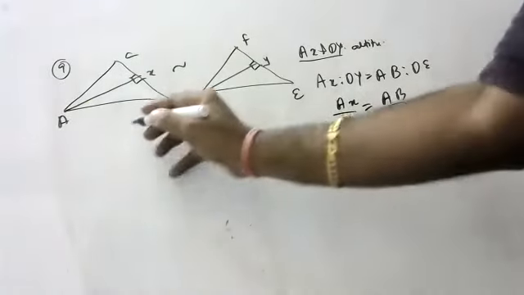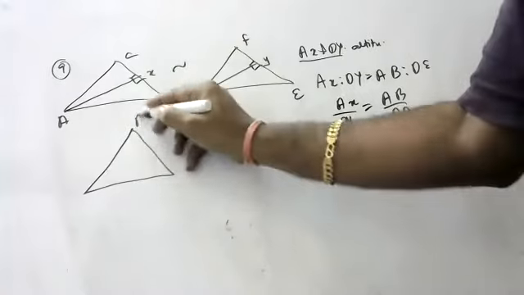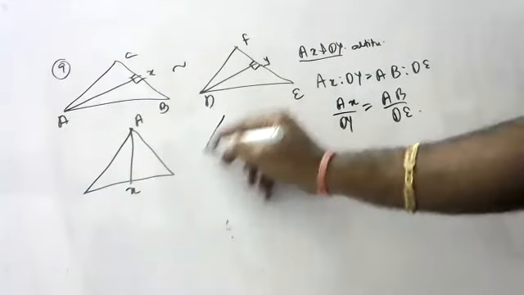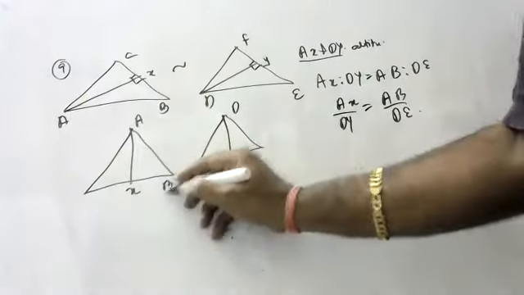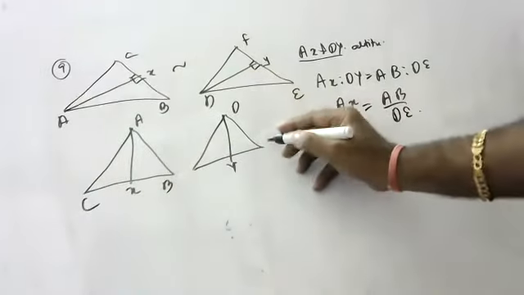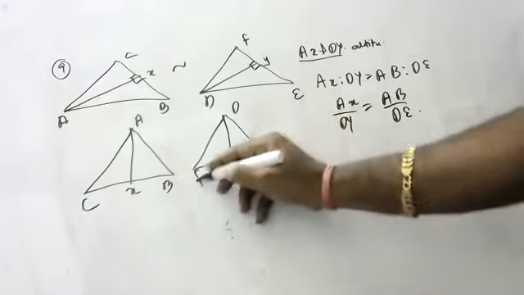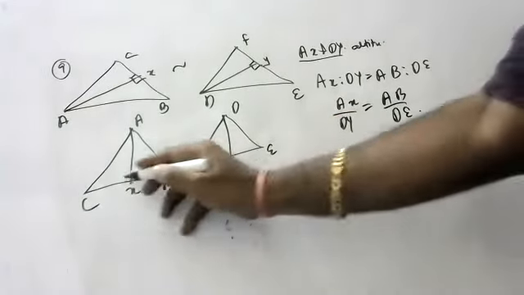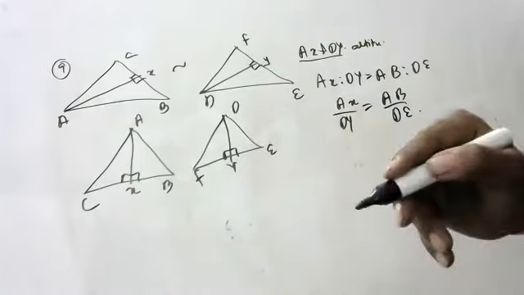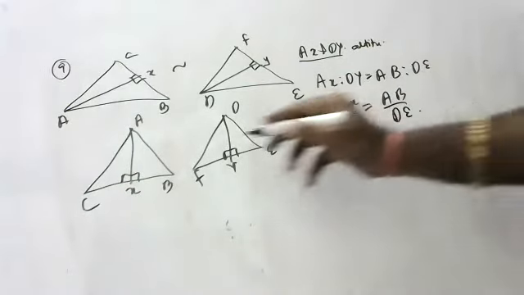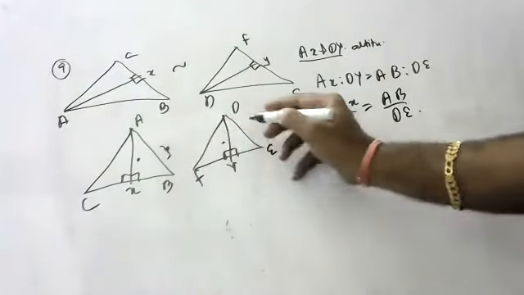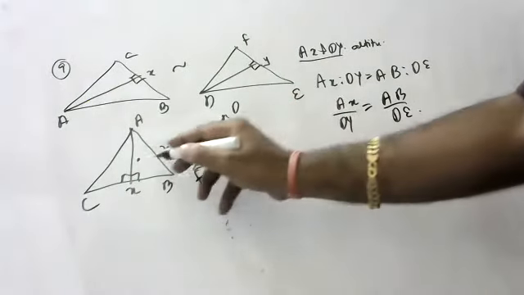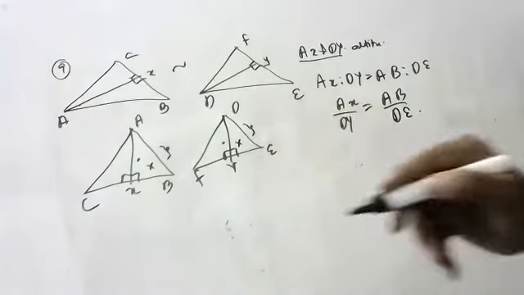I will change the question like this, children, so that you will be comfortable. This is AX and this is DY, children. Okay, A, B, C, D, E, F. They are similar triangles. So, children, we want the ratio between AX and DY, AB and DE. Where is AB and DE? Okay, let's take the small triangles.